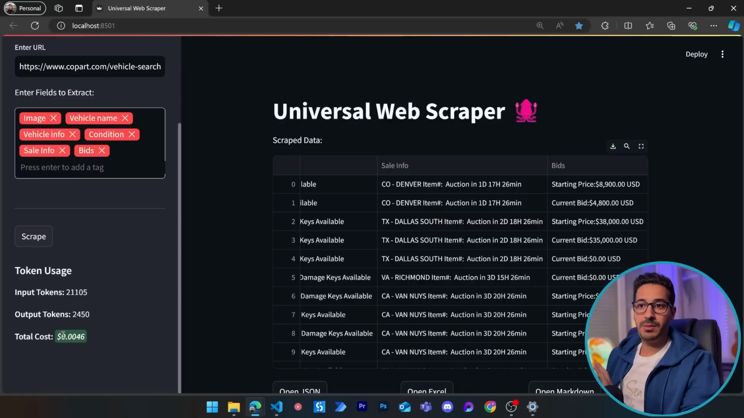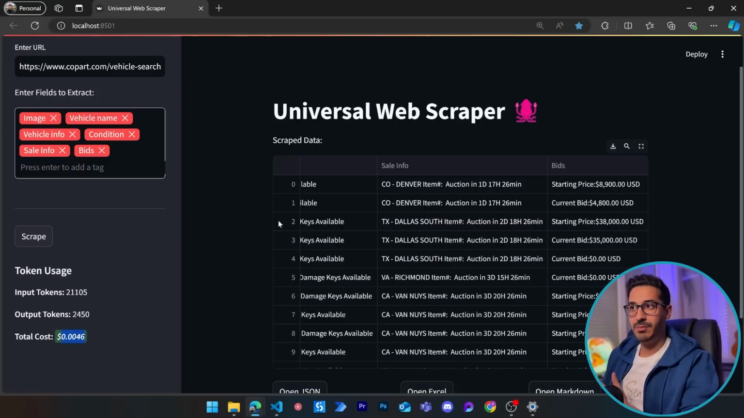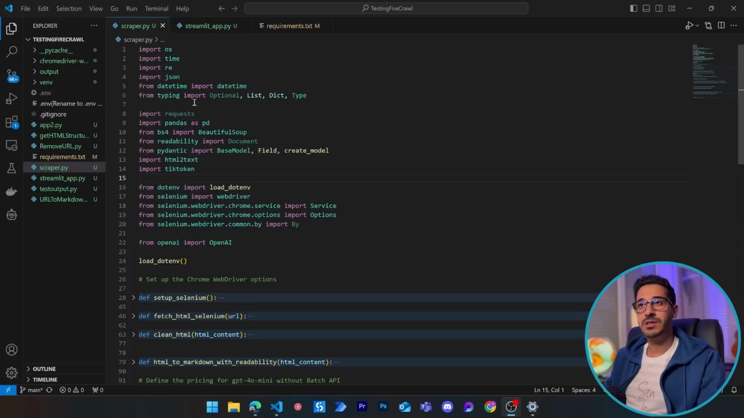Of course, this is going to be a bit more expensive because we have so much more data. Here we have 21,000 tokens. And we are still not even at 1 cent. We are at half of a cent. So it makes perfect sense to use these applications to scrape data instead of making more effort to create one script per website. So before jumping into the code and seeing how this application works, and don't worry, we are going to see all of this in detail,